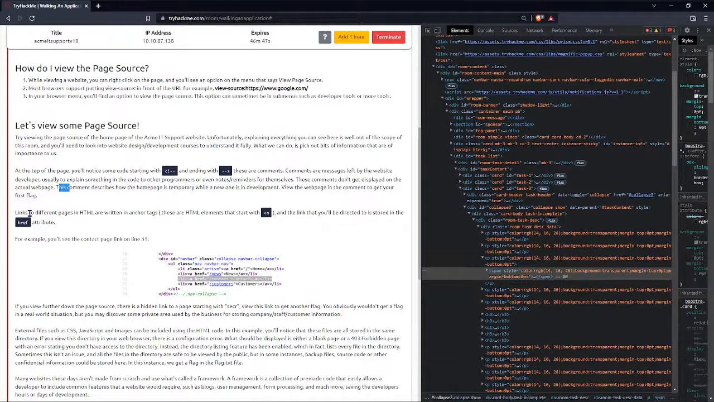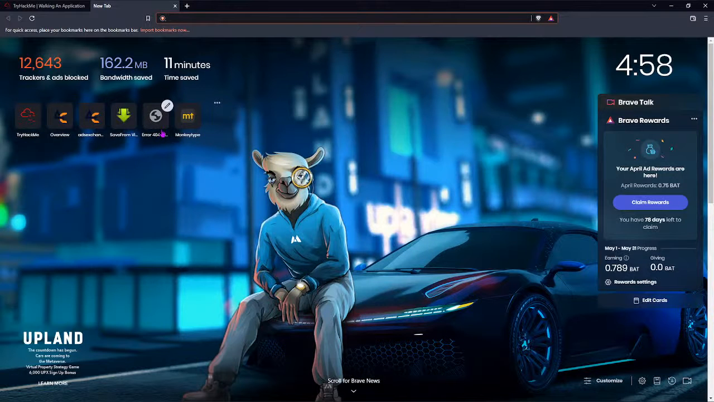Links to different pages in HTML are written in anchor code, that is <a>. We know that this is the anchor code, and where it will be directed to is stored in the href attribute. If we click on this, it will be directed to another web page, or it could be a link, it could be an image, like, if we go here,